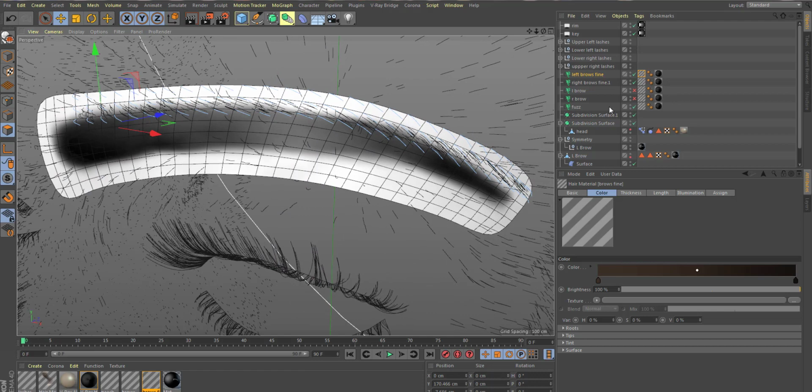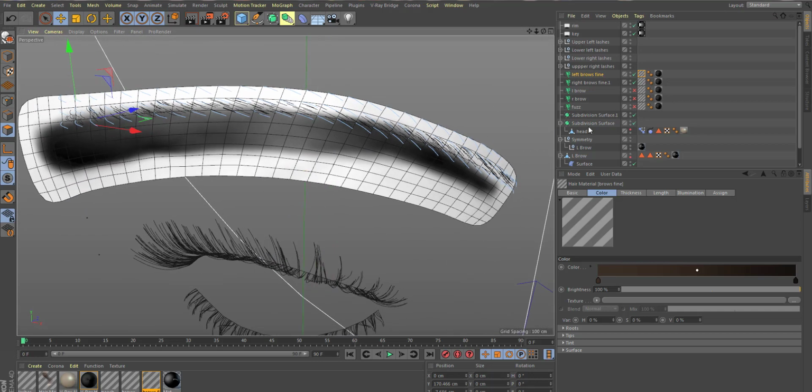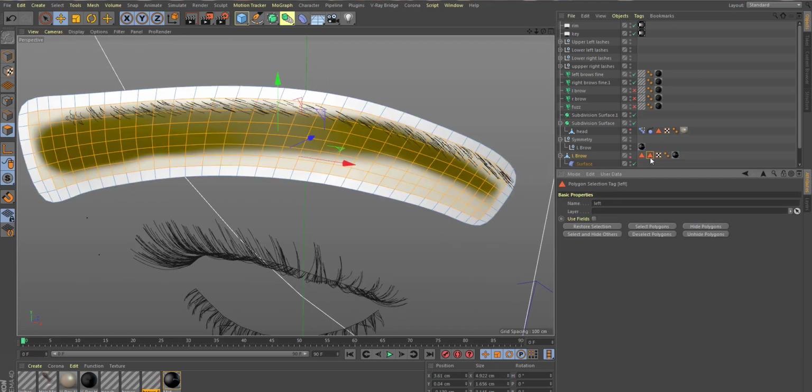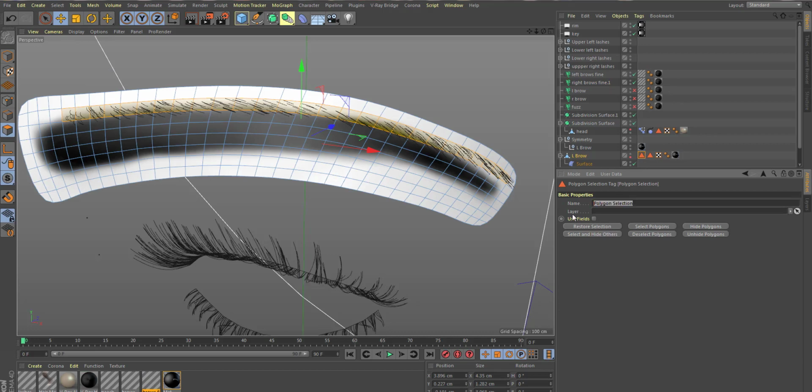We've just got these fine hairs. Let's turn off the peach fuzz as well. There we go. So these are just fine hairs, and they're generated from this selection set. Essentially, if you're going to use a copy of one of these, you just need to make sure that when you copy it in the guides, you drag the selection set that you want it to be grown from into the link. And in this particular case, this selection set is called Fine Hairs